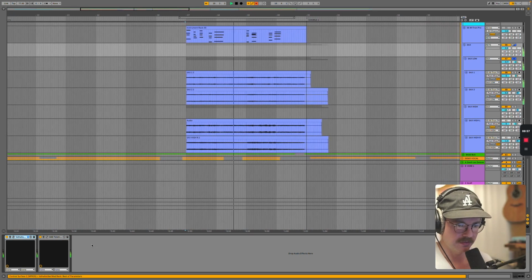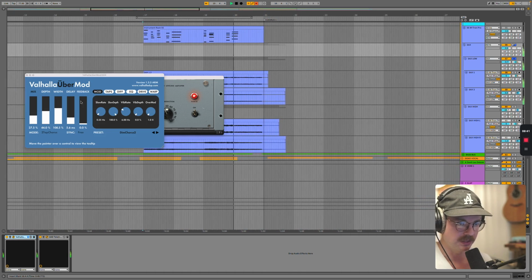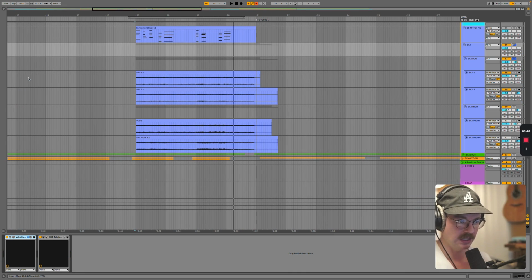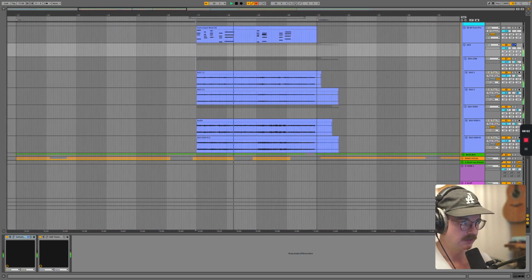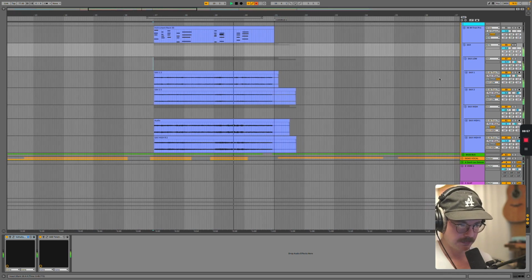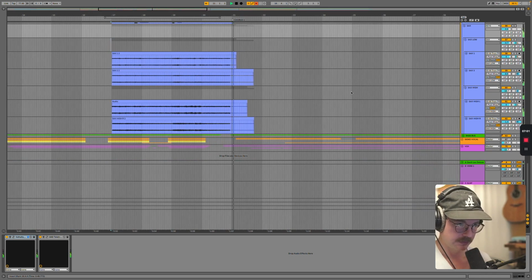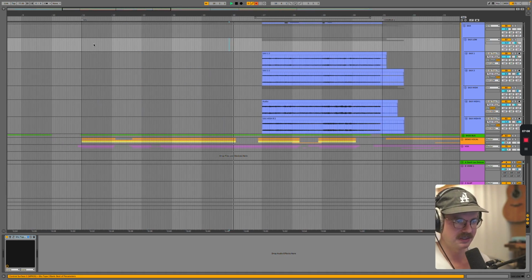I have a little bit of Uber Mod from Valhalla, so some chorus effect and then a compressor on it. But then I also have these two higher sax parts. So like emphasizing this, hey, reharm coming. So it comes in after